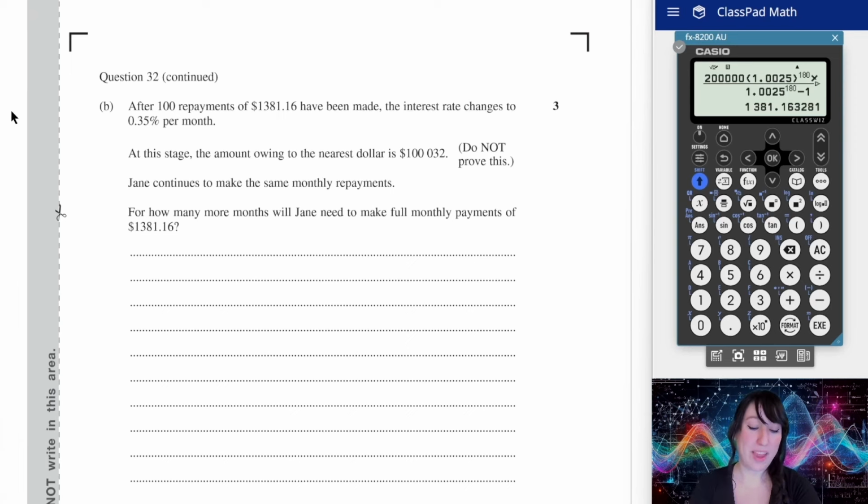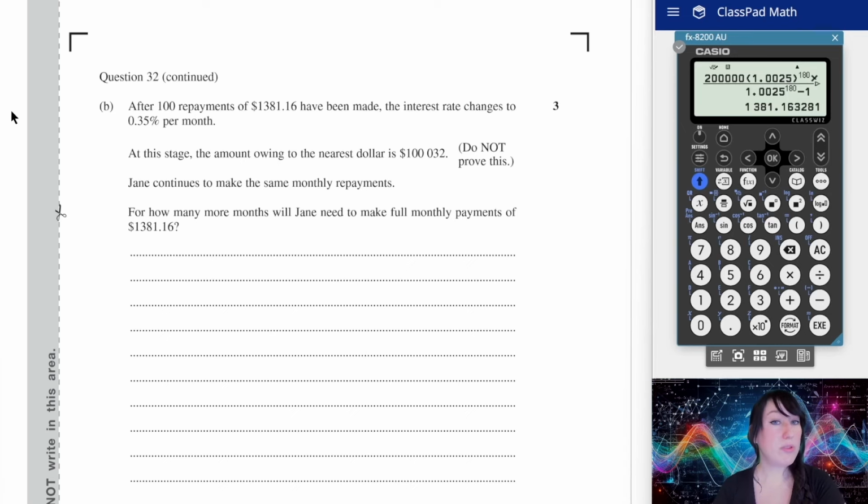Part B. After 100 repayments of $1,381.16 have been made, the interest rate changes to 0.35% per month. At this stage, the amount owing to the nearest dollar is $100,032. Jane continues to make the same monthly repayments. For how many more months will Jane need to make full monthly repayments of